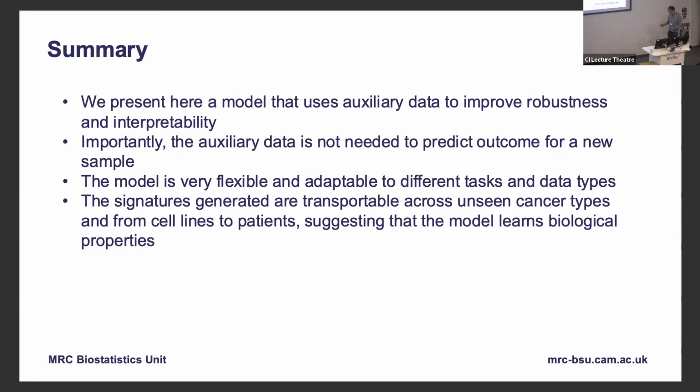I presented here an application of the model for drug response, but the model is in fact very flexible. You don't need to use it with these data types. It's very arbitrary, so you can adapt it to different data modalities and different tasks. And I hope that I showed you that the signatures that we generate are transportable across unseen cancer types, but also from cell lines to patients,